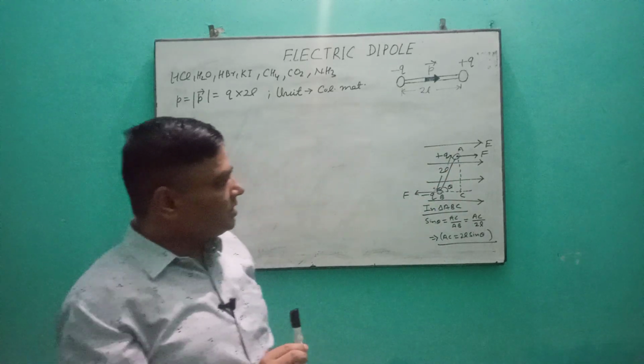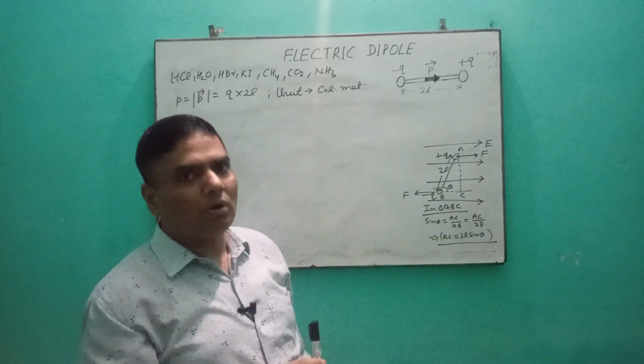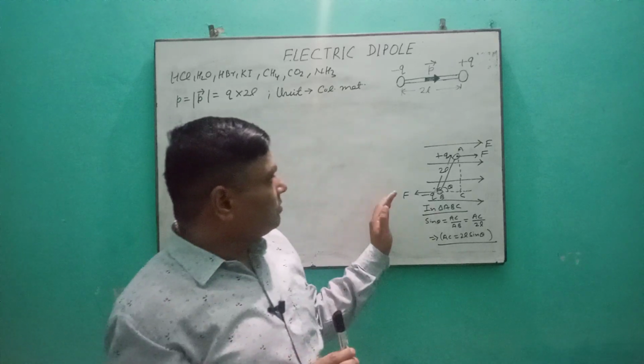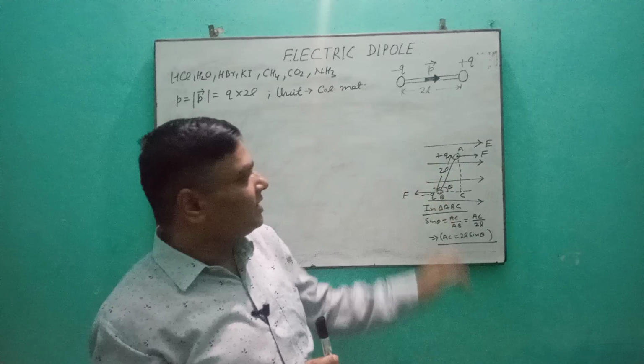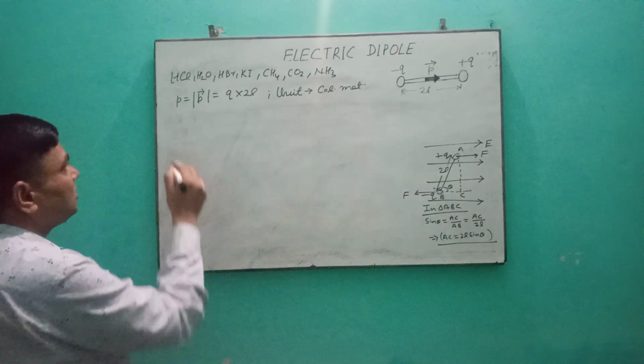So we can say that on an electric dipole in a uniform electric field there will be a torque, and the tendency of this torque will be to align the axis of the electric dipole in the direction of the uniform electric field E. So our next heading will be